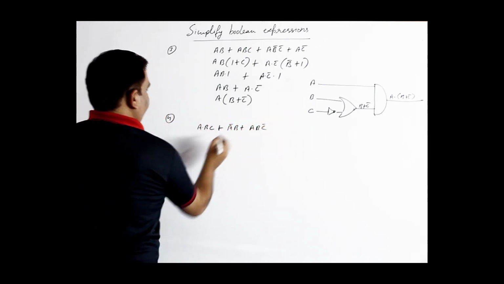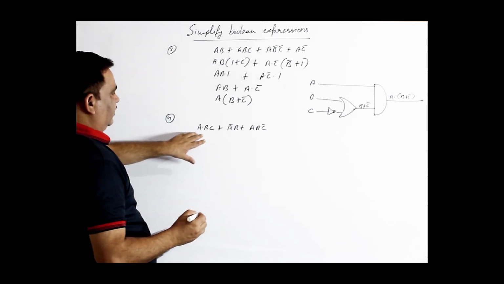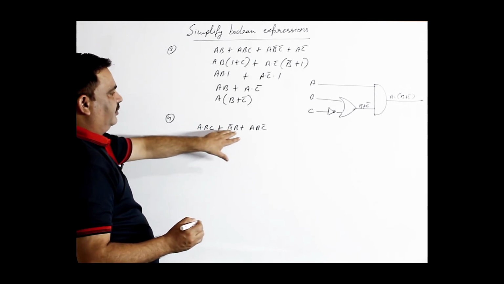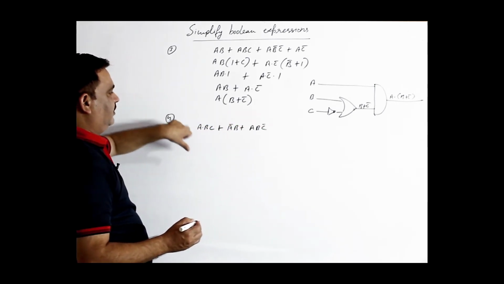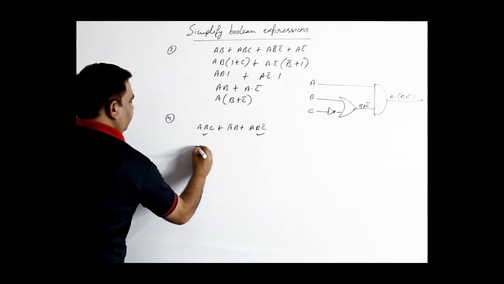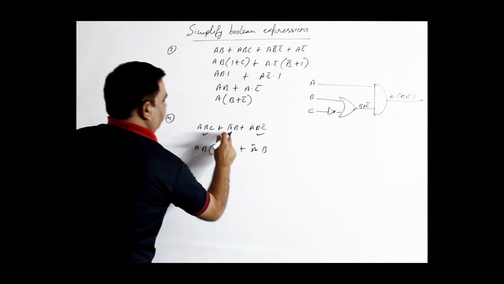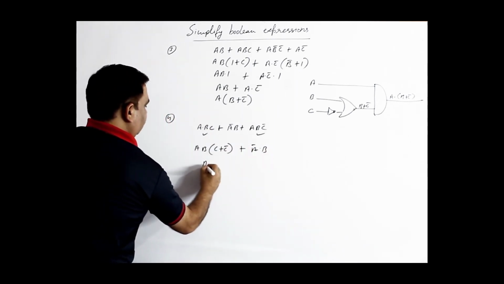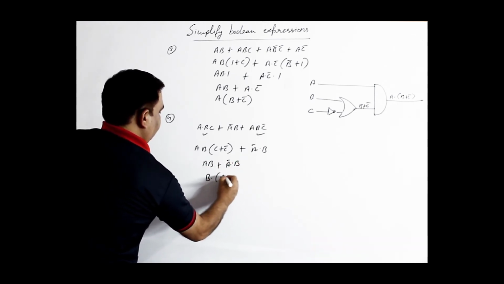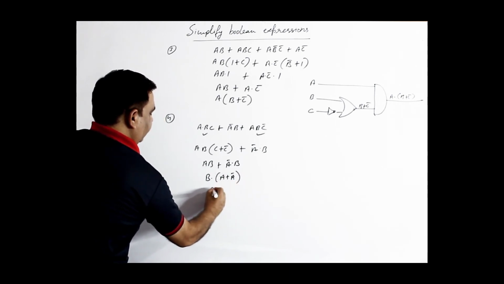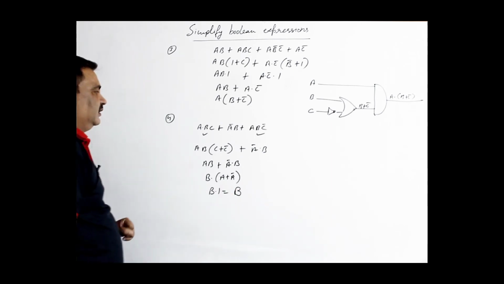Now, next expression is this one, fourth one. Same way try to search the commons, and you can see here ABC plus A complement B. So, here ABC, here maximum common is from here AB is common in these two terms. So, take the common AB, inside write C plus C complement, and A complement dot B will remain as it is. It will be 1, AB plus A complement dot B. Now, take again B common, A plus A complement, and A plus A complement is 1, B dot 1 will be equal to B. This is the final answer.